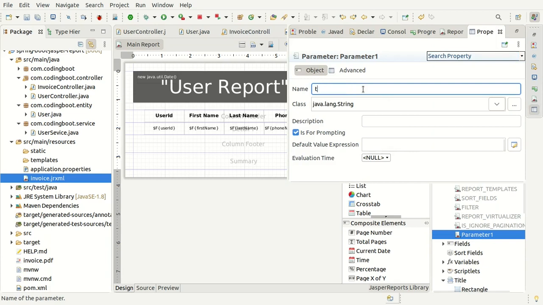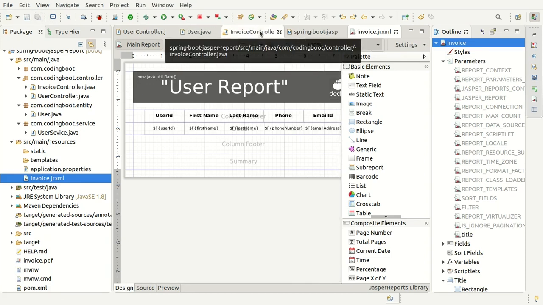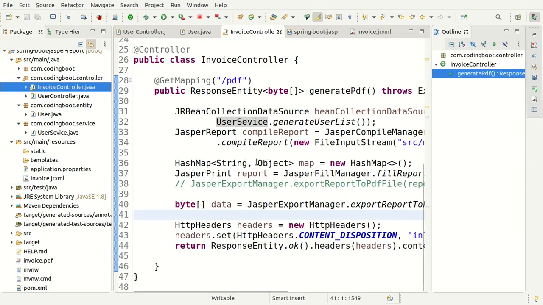Make the name of this something title. Okay, title, text, or whatever you want, we can give you the custom things. Okay, so this thing is now given. What we need to change now, just save this one, go to code here, invoice, and in this map I'm